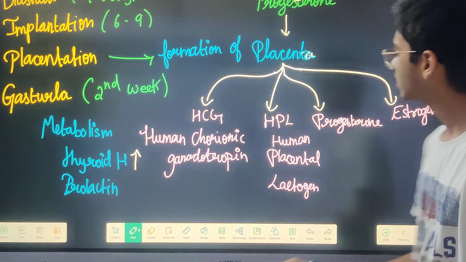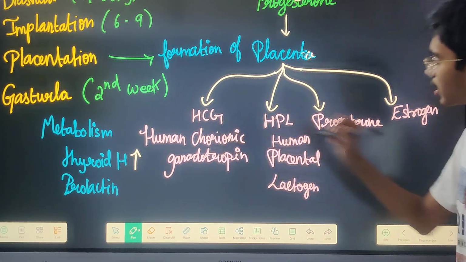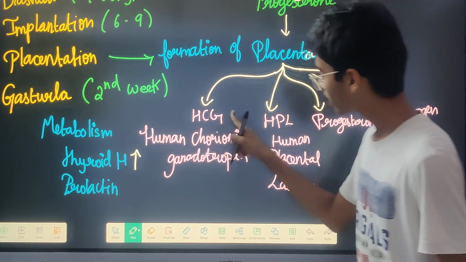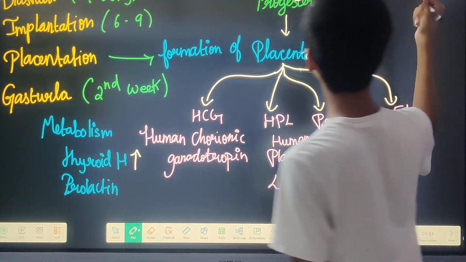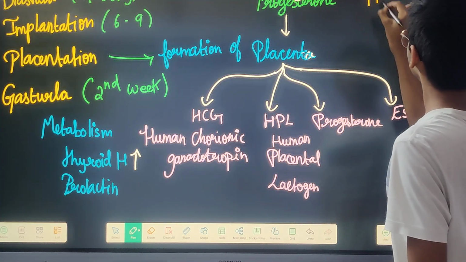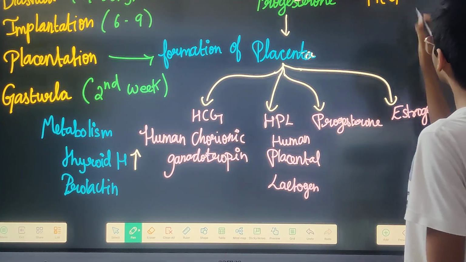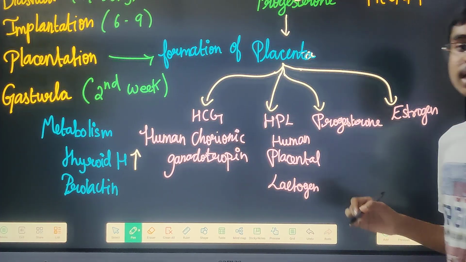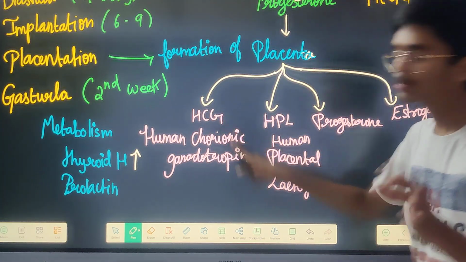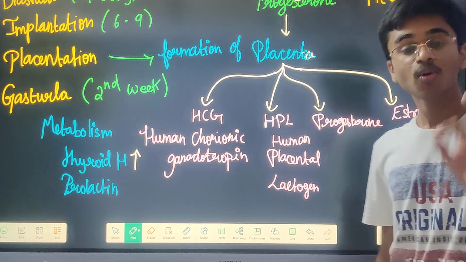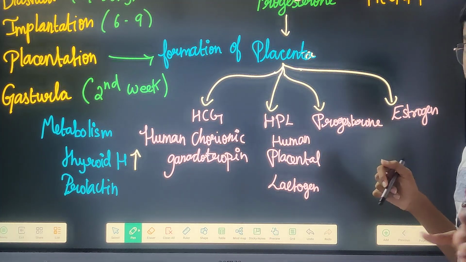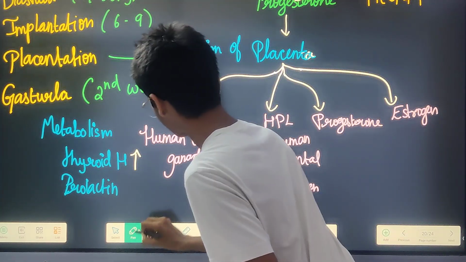And note this one point: human chorionic gonadotropin and progesterone. I will write this right here. During pregnancy time only, HCG will be produced, and other than that, progesterone will be produced. When these two are produced,